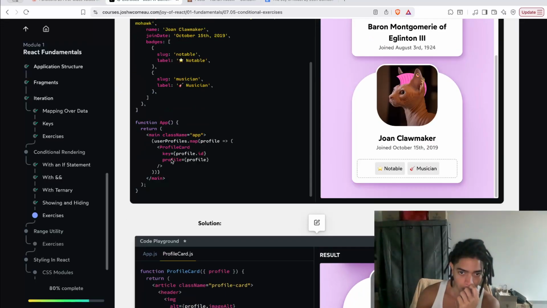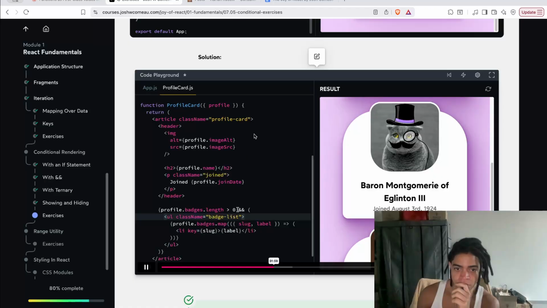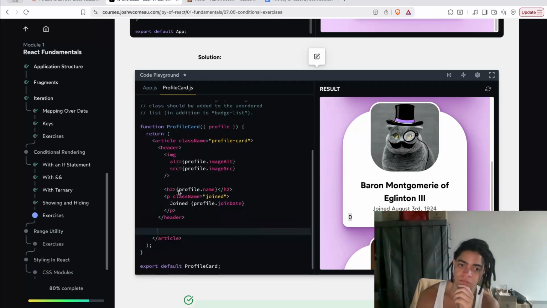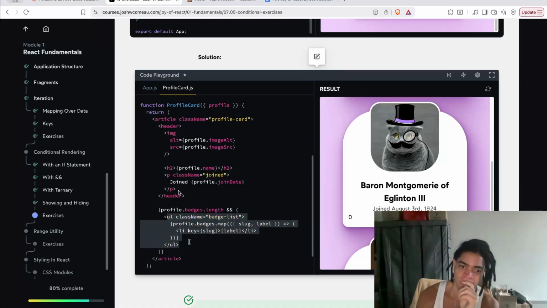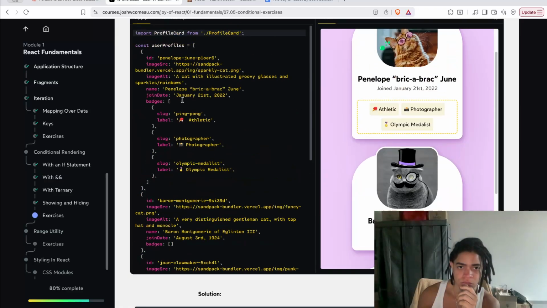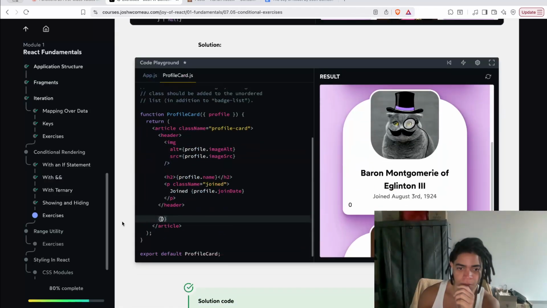There is a gotcha to watch out for here, and that's returning a number. You might think, do I really need this greater than 0 check? Can't I use the number itself? But when we do that, we actually see the number 0 here. It's easy to think that if this is a falsy value, then nothing happens, and if it's true, then we get the list. But what actually happens if the value is falsy is that it returns that falsy value. So if this evaluates to 0, then the left-hand side of this operator is what gets emitted. So essentially it's as if we had done this,